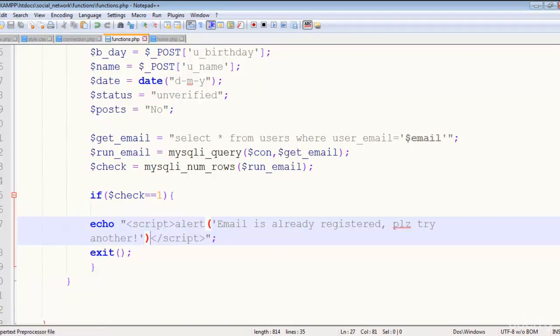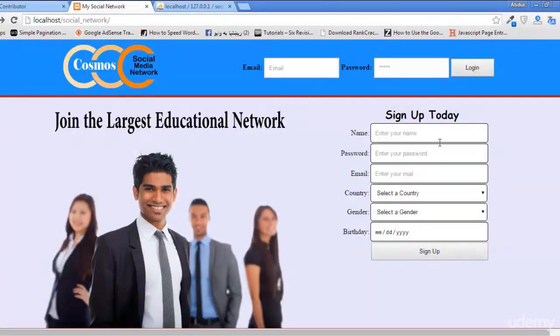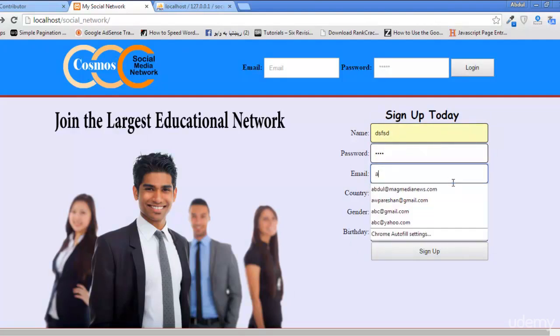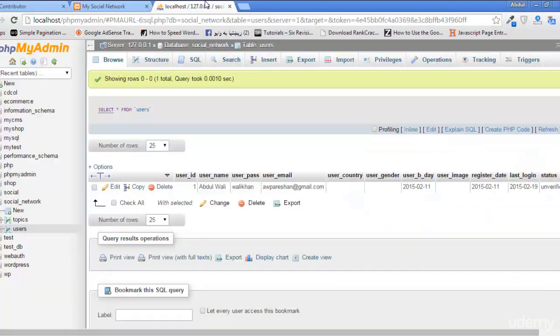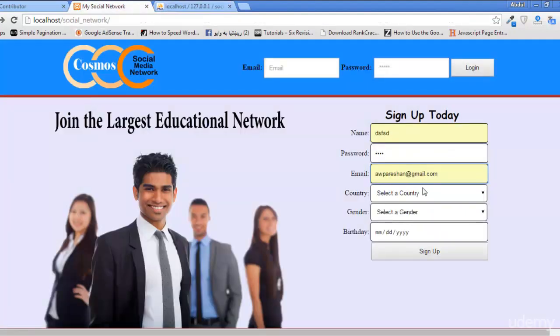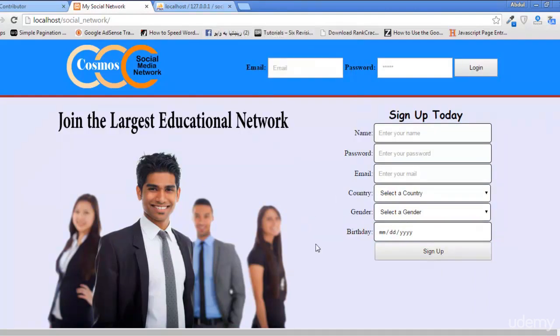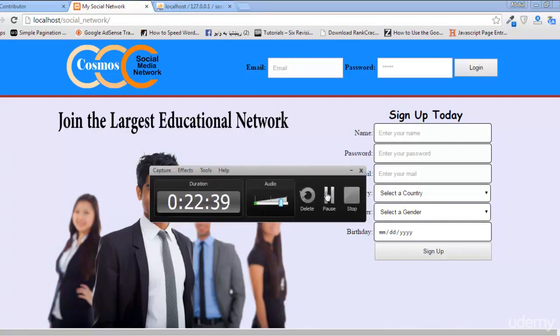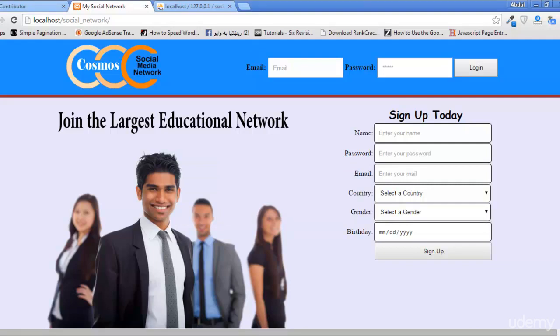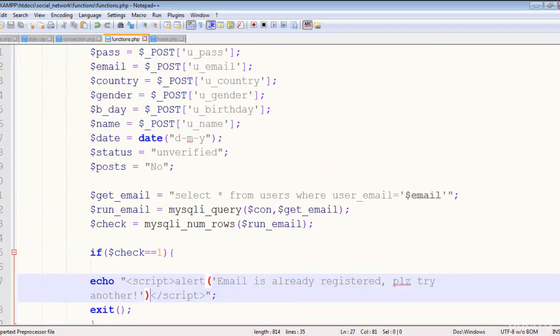Email is already registered, so we should get this error now. Just add something here in that email. This email I have here in the table. See, email is already registered, please try another. So this is nice and working beautifully right now until here, but the next thing we can check is the password